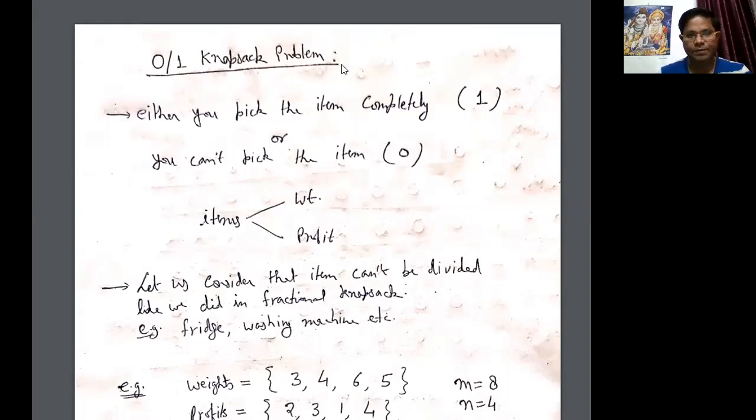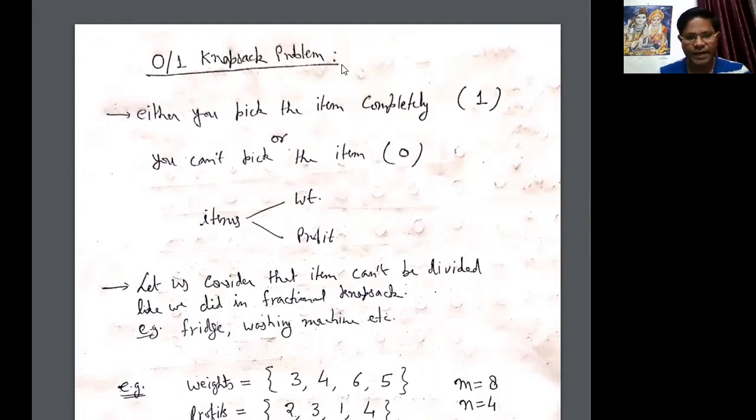So here the knapsack means a container that has a certain capacity, and we have to carry some items into this knapsack in such a manner that the capacity of the knapsack doesn't exceed the max value. It means suppose the knapsack capacity is 15, then at any time we are not able to put any items whose weight is more than 15.